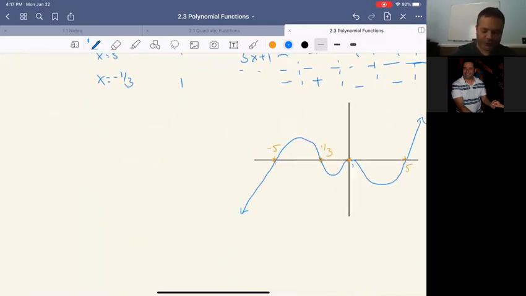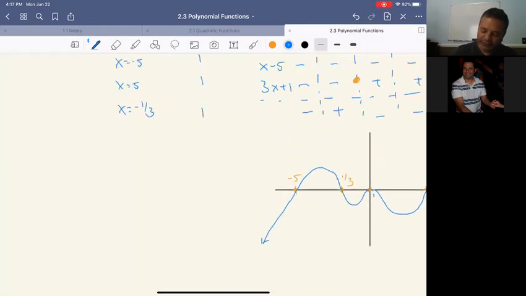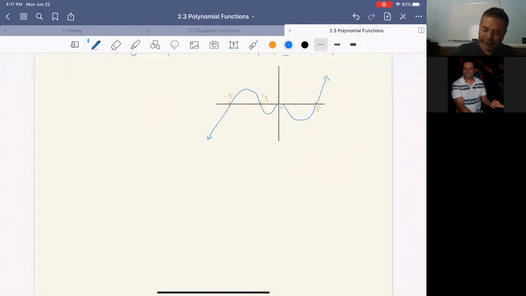What do I mean by reversing the process? Well, some problems you're going to get are going to look like this. So they're going to actually give you the graph first. So let's say we have